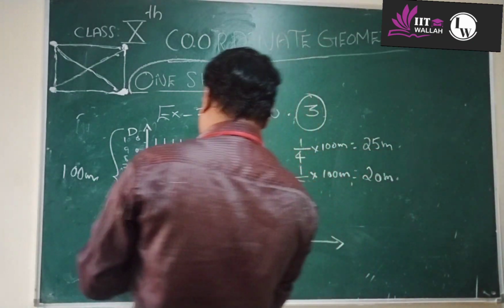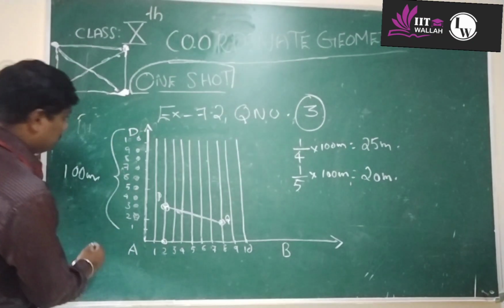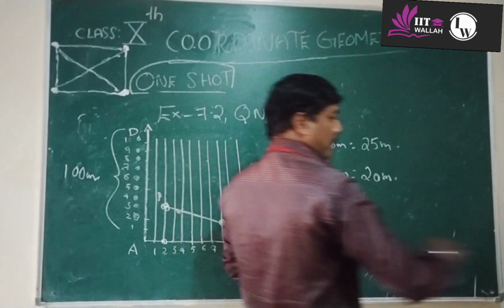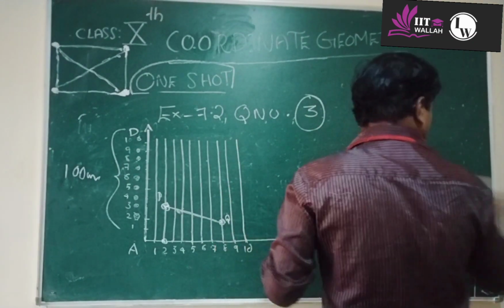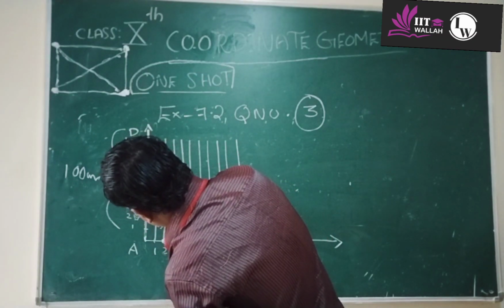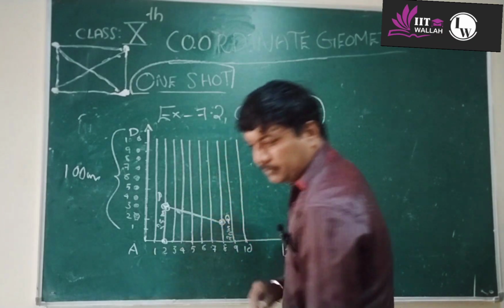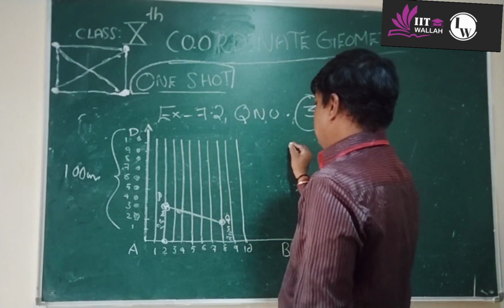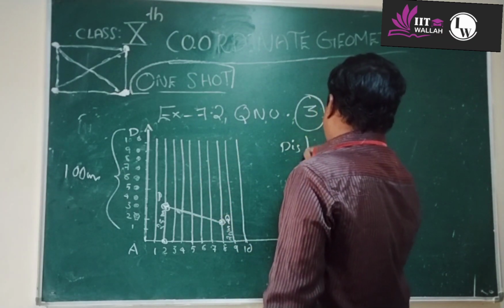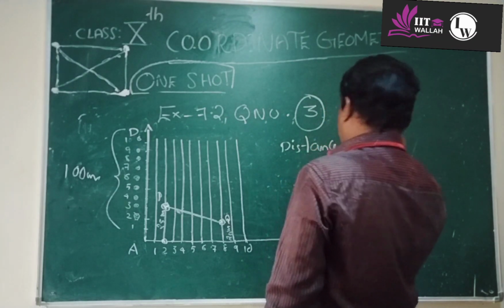So that means this is 25 meter and this is 20 meter. So distance PQ is equal to